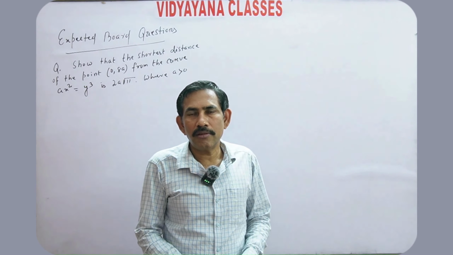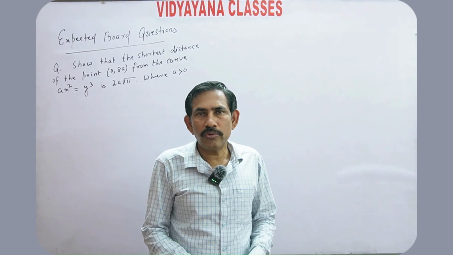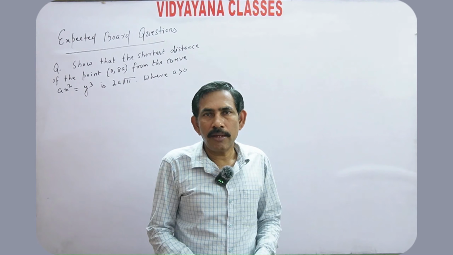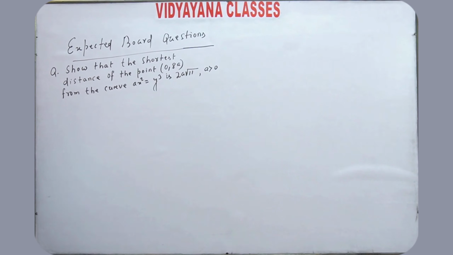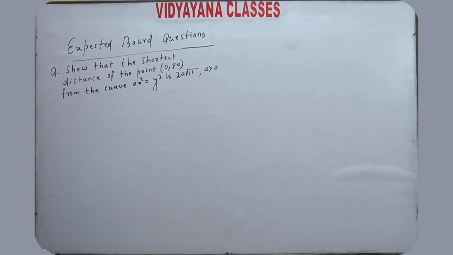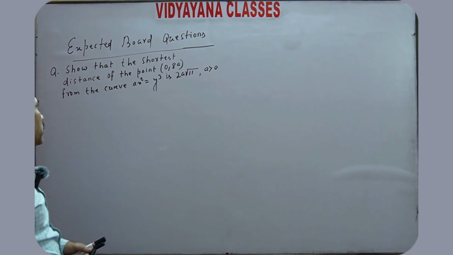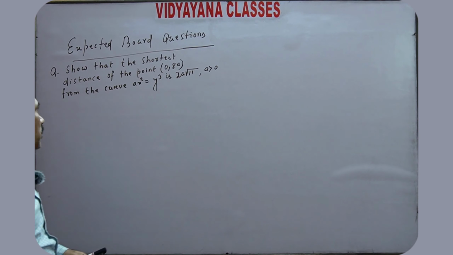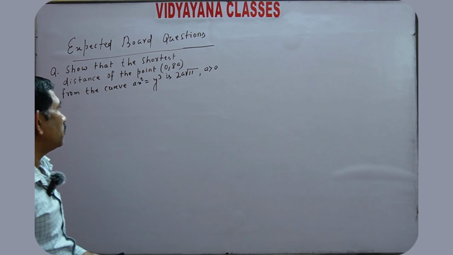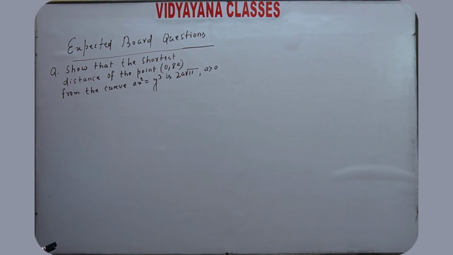Today we will discuss some expected board questions on maxima and minima. Show that the shortest distance of the point (0, 8a) from the curve x² = y³ is 2a√11, where a > 0. Answer: